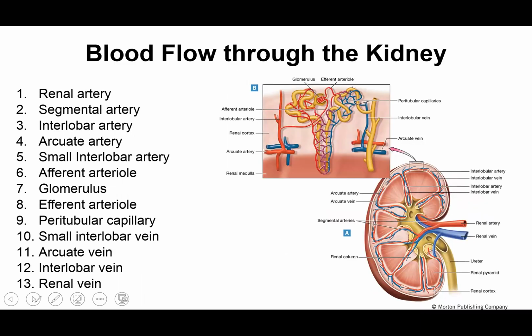Now let's talk about blood flow through the kidney. And to do this, I'm going to try and trace this for you guys in color, so that you can get an understanding of where we're going here. Okay, so we're going to start out here in the renal artery. And the renal artery is going to deliver about 1,200 milliliters of blood per minute to the kidney